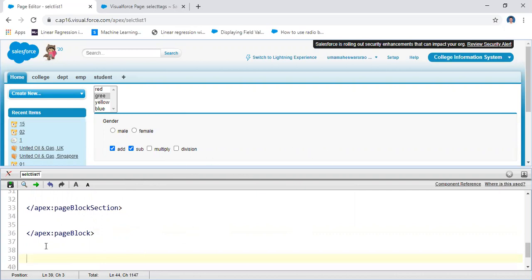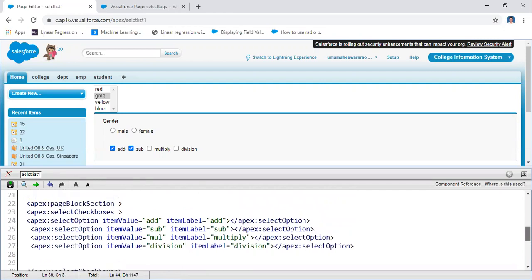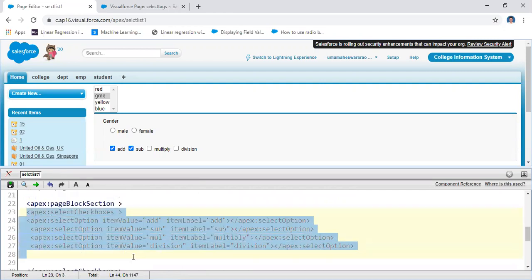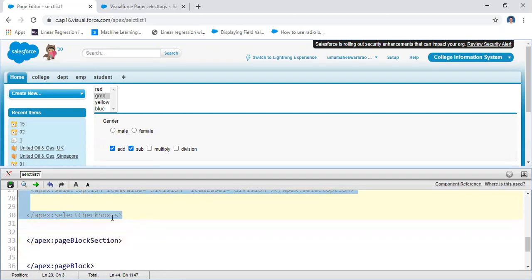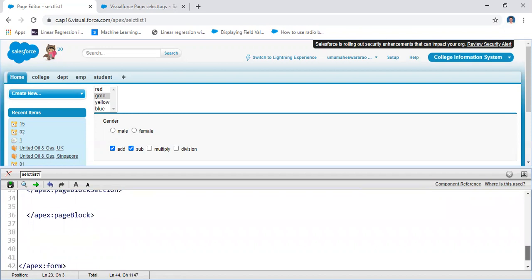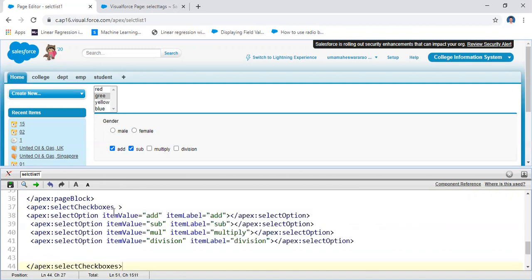You may take any one of them, either select option or any one value. Here, for example, I'm taking the checkboxes. From the checkboxes I'm going to represent the options, writing checkboxes after the block.